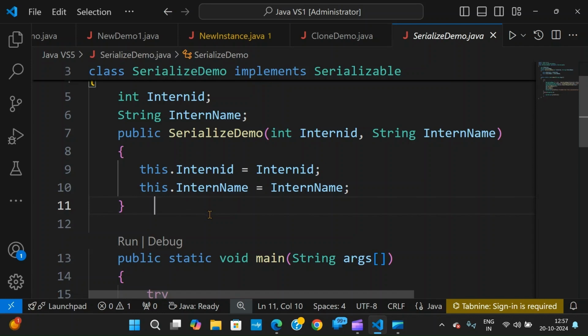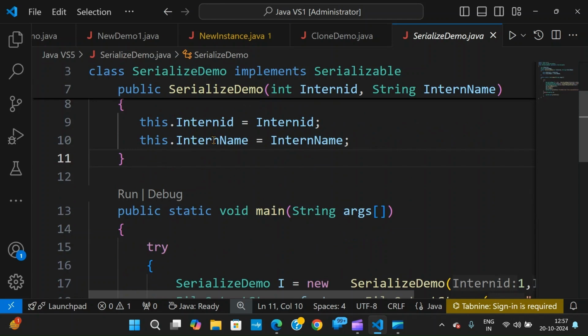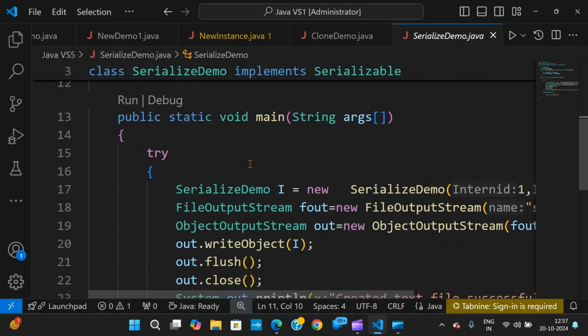But in order to make the compiler know, we need to prefix this keyword only in these situations. Suppose these variable names are different, then there is no need for this keyword. Now that is the constructor's work, initializing. Then in the main method,